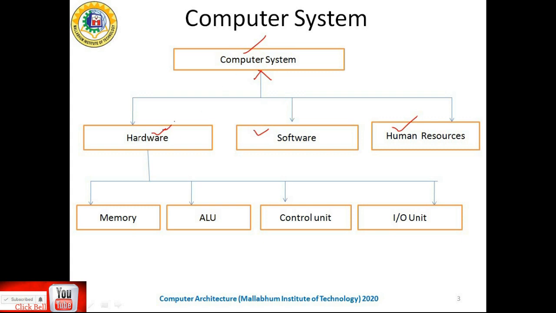You know what hardware means; we will also discuss what hardware means. Next is your software. All of you also know what software is. And human resources means the people who can operate this computer to get a good amount of the result we want. This hardware is actually composed of memory, ALU (arithmetic logic unit), control unit, and IO unit. Those who are familiar with microprocessors can understand all of these terms, what hardware is actually composed of. Okay.